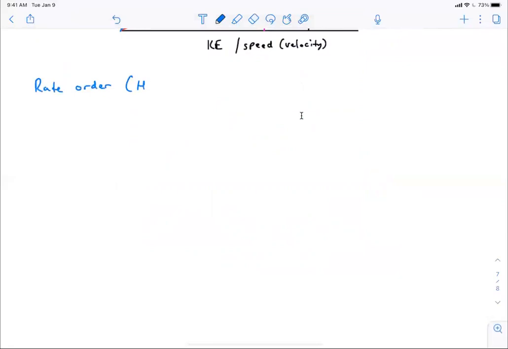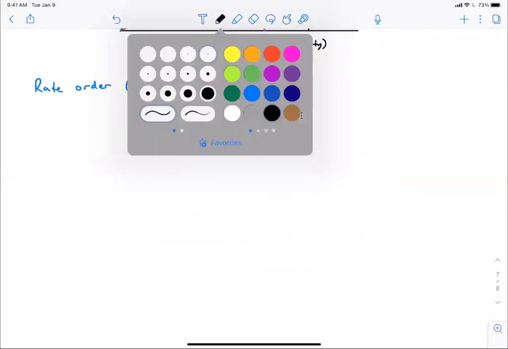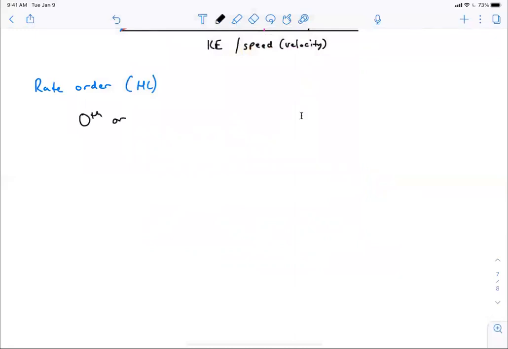Oops, not SL, HL. Rate order graphs. And so understanding the graphs that produce various rate orders is important. Okay. You have a 0th order. You have a first order. Then you have second order. And there's two major graphs that you have to be able to plot here. You have to be able to plot the concentration versus time,